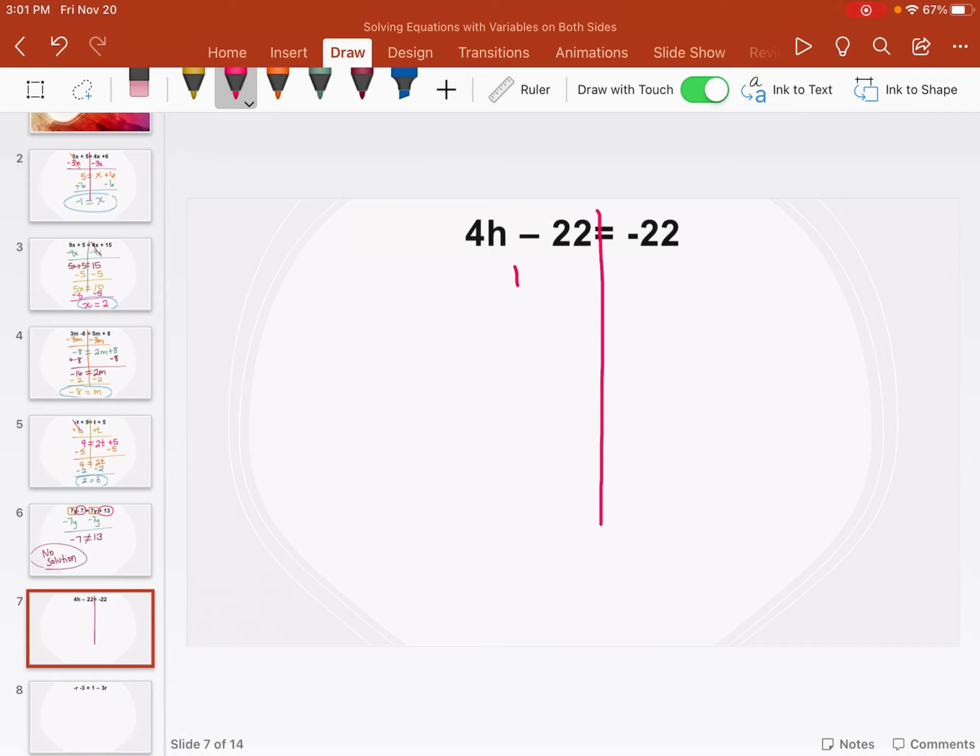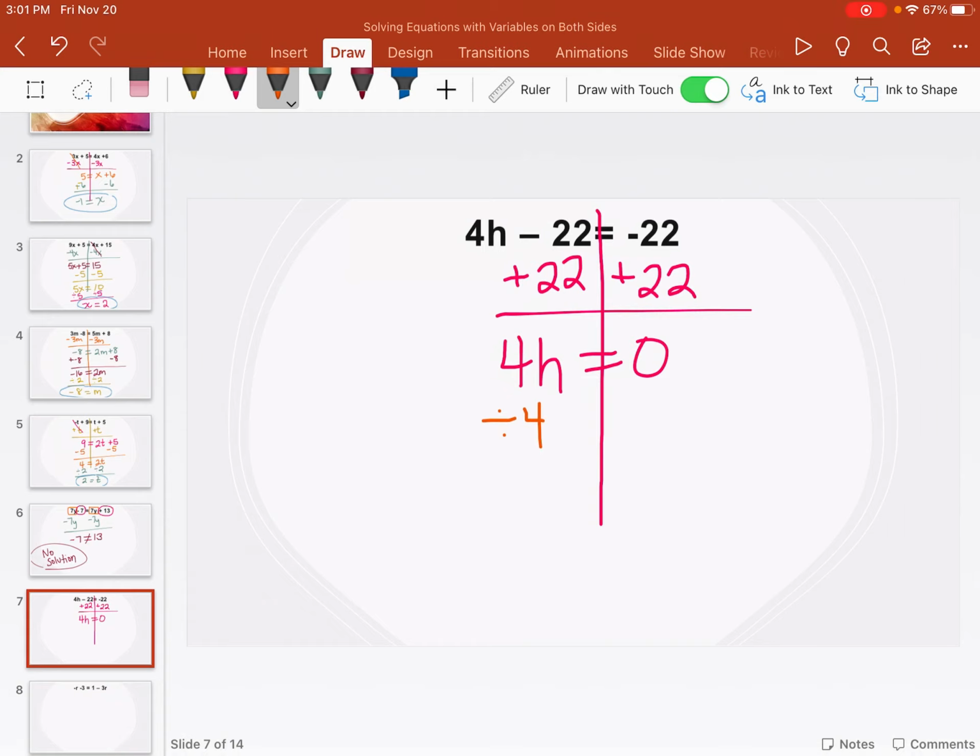So we should start by adding 22 to both sides. I get 4h equals 0. Here's the problem. A lot of people get to this step and they're like, oh, no solution. This is not a no solution. We haven't finished yet. So if I divide by 4,